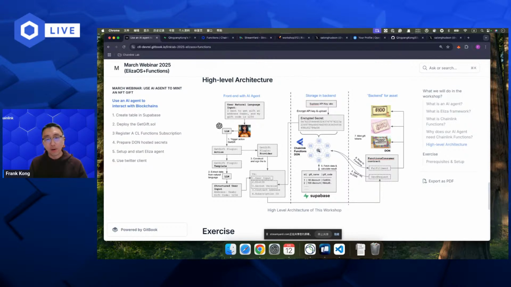So that is where Chainlink comes into play. Chainlink, I think you know Chainlink, right? Chainlink is a decentralized Oracle network, the DON, and based on it we provide multiple services like Chainlink Functions, Chainlink Data Feed, Chainlink VRF, and CCIP. One of the services is this one, Chainlink Functions. Chainlink Functions is a service where you can execute your JavaScript code in the Chainlink Functions environment.